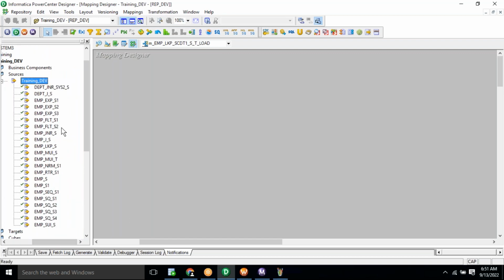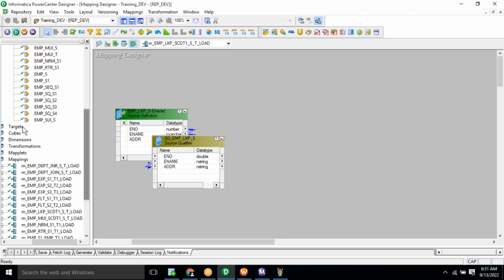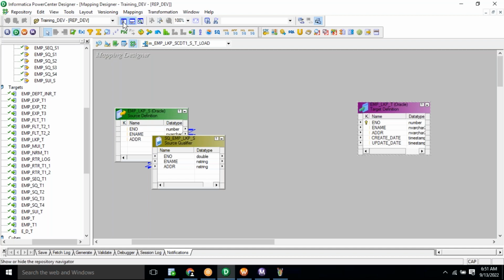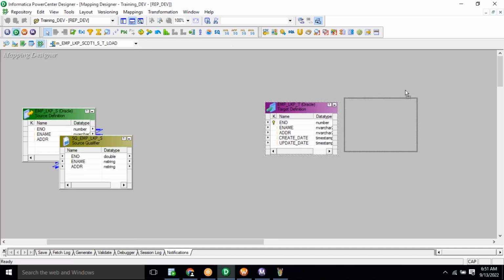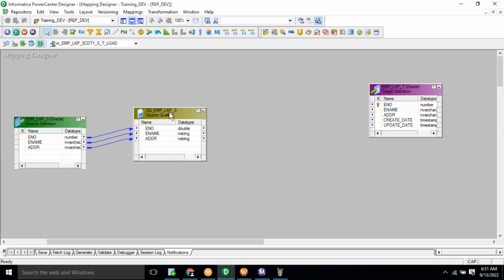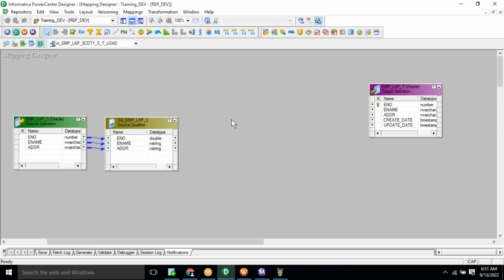So after importing the source and target definition, next we have to drag and drop the source definition into the mapping. Then we have to drag and drop the target definition, right? So this is our target definition. Till here, we have imported the source definition and the target definition, right? After that, what we have to do now, here we have decided to use the lookup